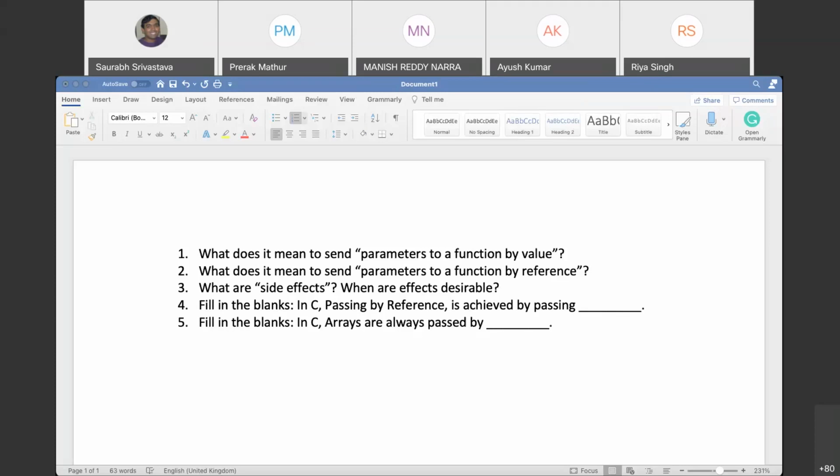So basically, what happened in those slides was, in the imperfect swapping, the values of A and B were changed only in the imperfect swap function, and not in the main function. So when sir entered the command to printf the values of A and B, the values were swapped, but only in the void imperfect swap function and not in the main function.